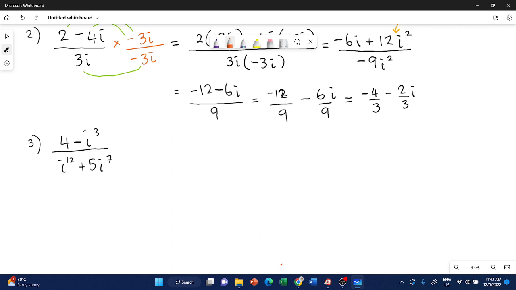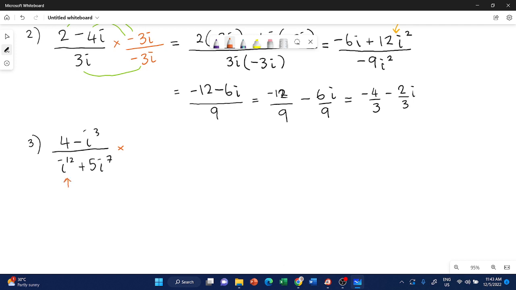One way is you can reduce the i power 3, i power 12, i power 7 first, or you can directly multiply with the conjugate. So if you proceed to multiply with the conjugate of your denominator, but you can see